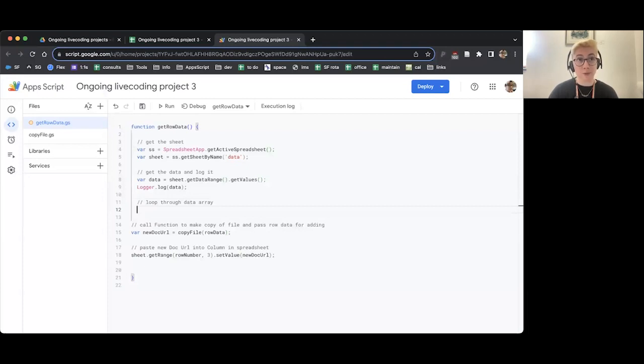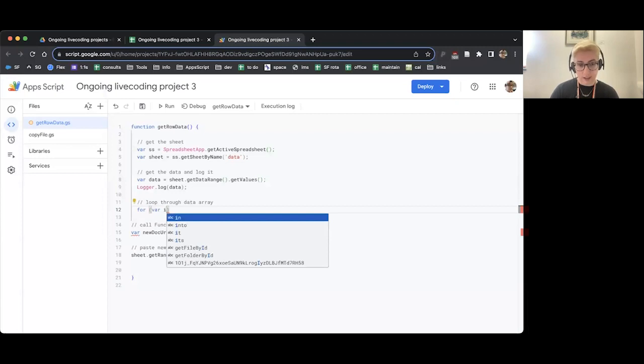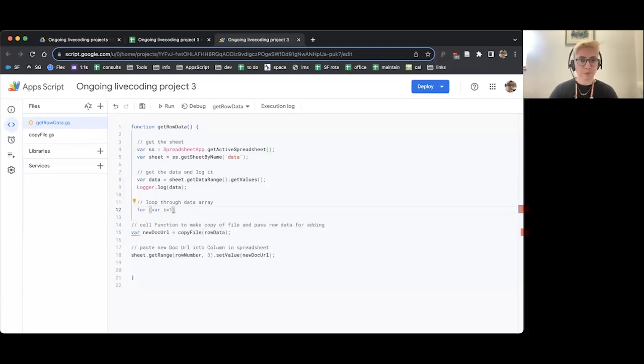So it's going to be a for loop like we've learnt about. So I'm going to write for space. And then I'm going to do some brackets so I can give it those 3 bits of information to define my for loop. So we're going to create our counting variable. We're going to define how far our counting variable should go and how it should increment. So first of all, I'm going to write var i equals 1.